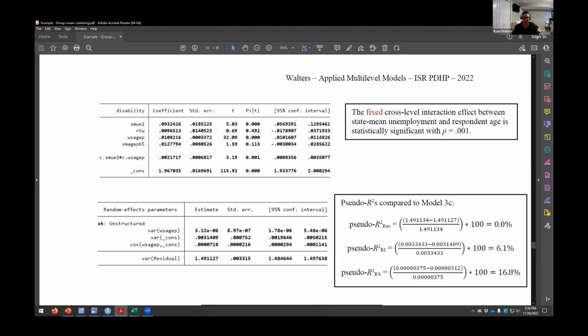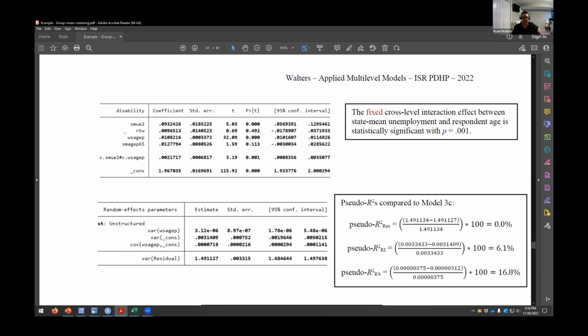It's 0.00217. The within state age effect is still positive. The state mean unemployment effect is still positive. So what this interaction means is as the moderating predictor increases in value, these fixed effects are going to become more positive. So specifically in a state with an unemployment rate of 2%,